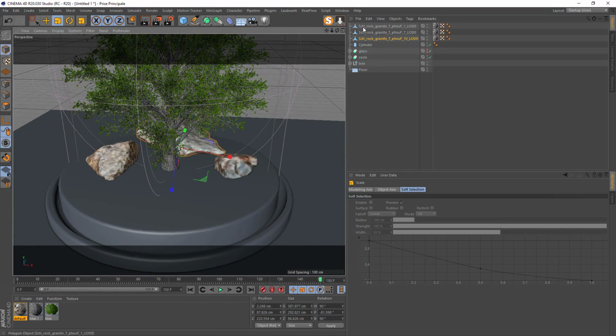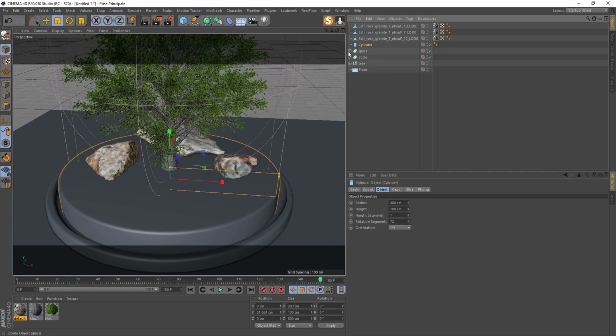Then we can add grass. So select the cylinder, this one. I will call it dirt because it's for dirt. It's okay, 72 segments.